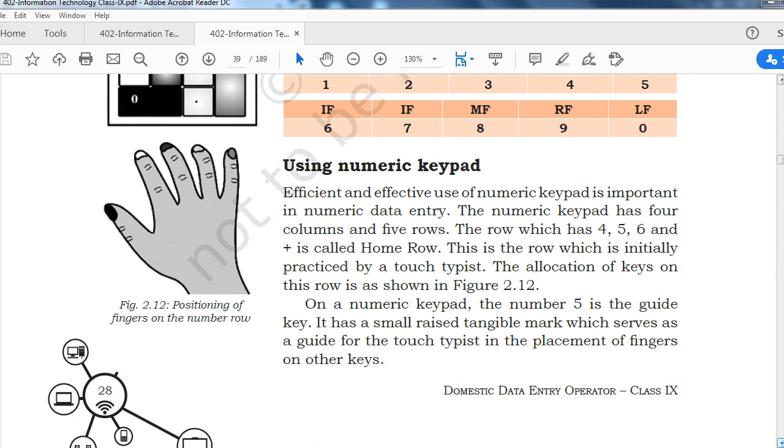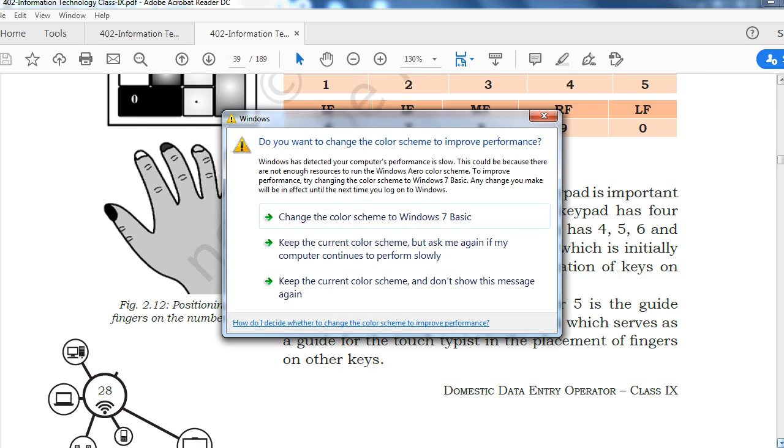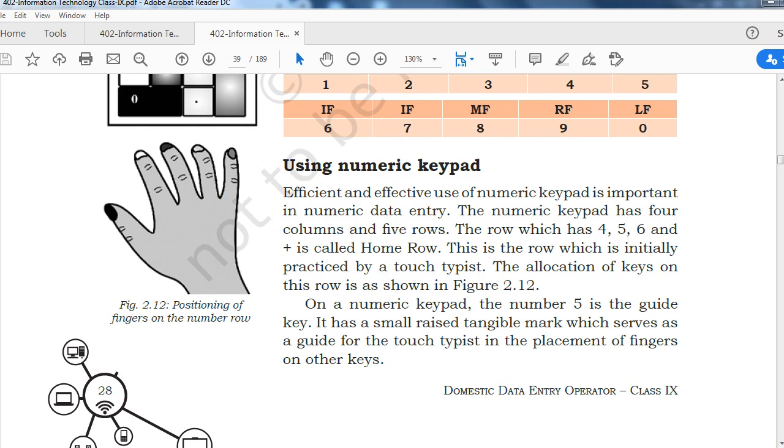Maybe you are feeling, what is the meaning of studying all this? This is completely practical based. Yes, obviously it is practical based, and if you practice on it, then only you will automatically understand what all the contents given in this chapter mean, right? But as we are at home right now, let's read this chapter. Let us know what all things are given in this chapter, right? And then obviously we will practice on it, and if you have a system, you can read and practice at your home also.